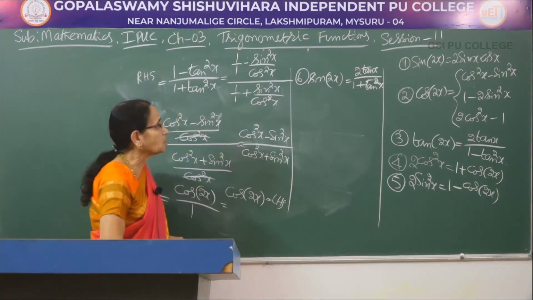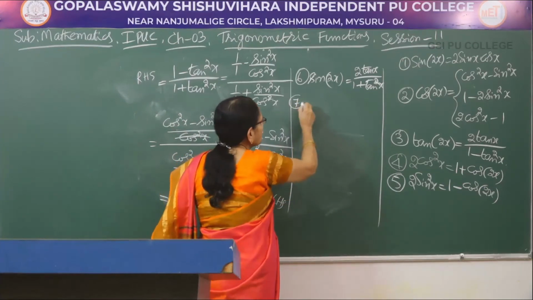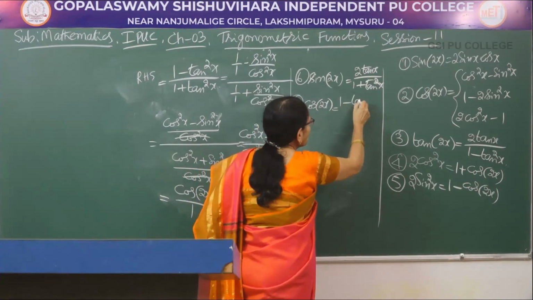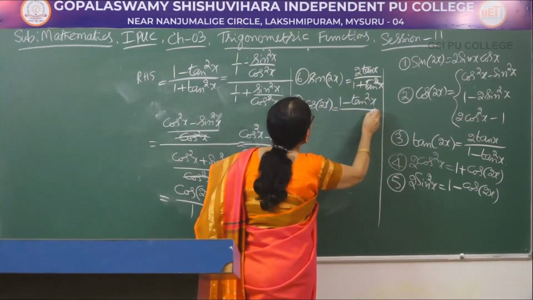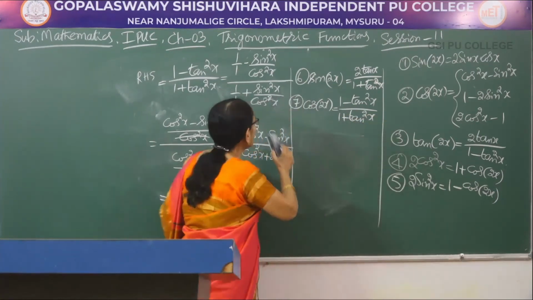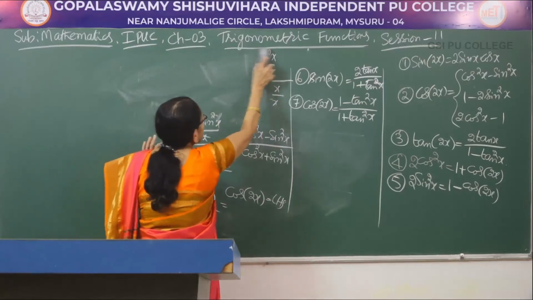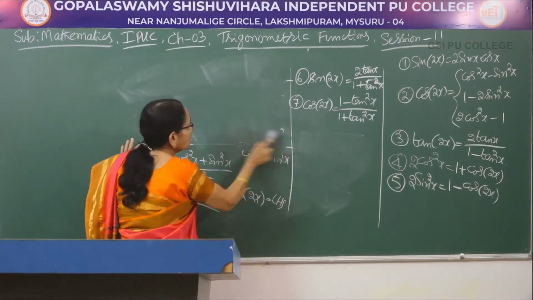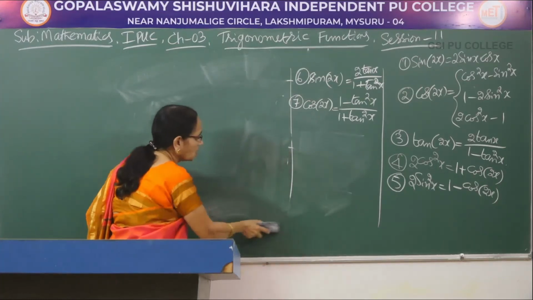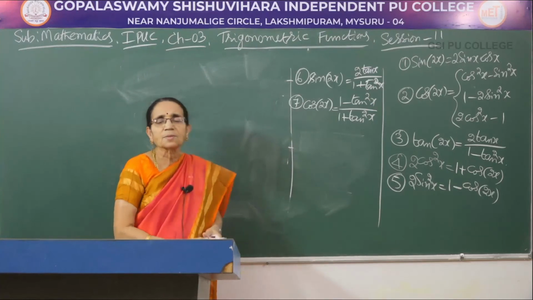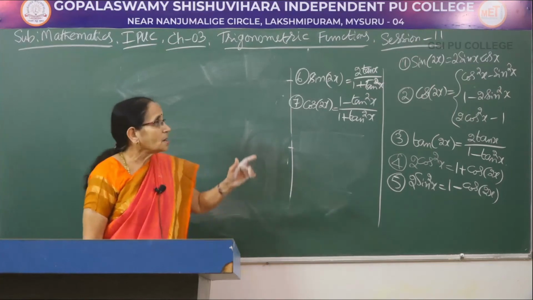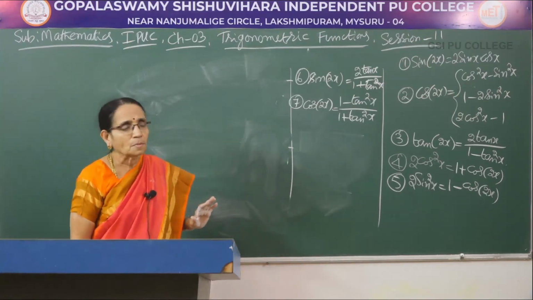Okay, so this is the procedure we adopt. So let me take the 7th result as cos of 2x equals 1 minus tan square x divided by 1 plus tan square x. So all these formulae, first, second, third, are giving the values of sin 2x, cos of 2x, tan of 2x, and the 6th and 7th are giving us the values of both sin 2x and cos 2x in terms of the tangent function.